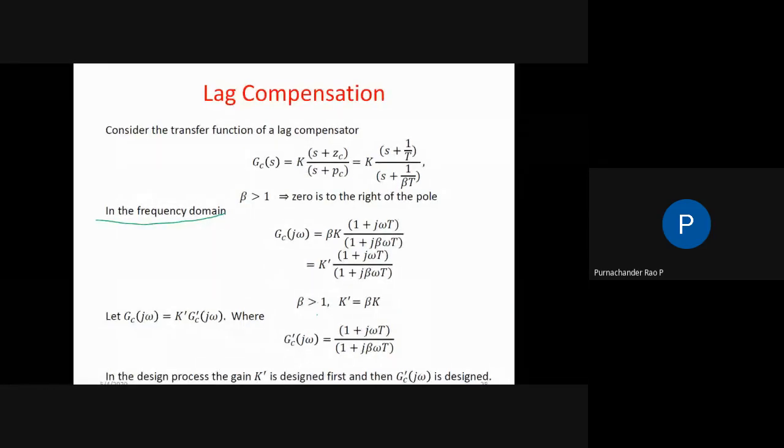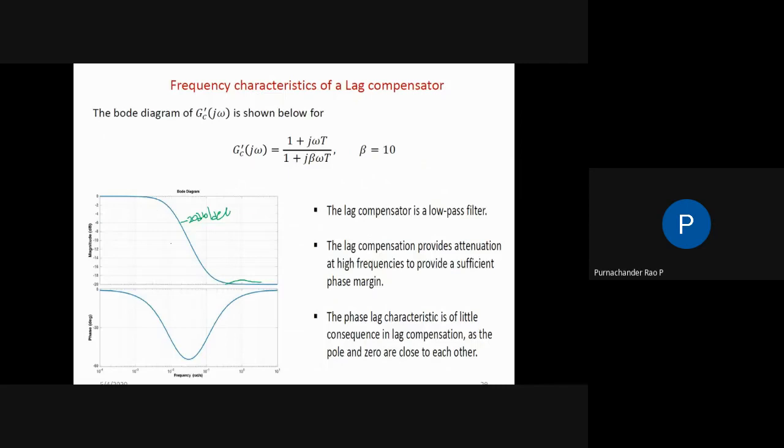This is a value here, and the Bode plot will have a minus 20 dB slope with the pole because it has a corner frequency omega c1. Omega c1 will be equal to 1 by beta into T, and omega c2 is equal to 1 by T. So 1 by beta T and 1 by T. So here at this corner frequency, and this is another corner frequency,